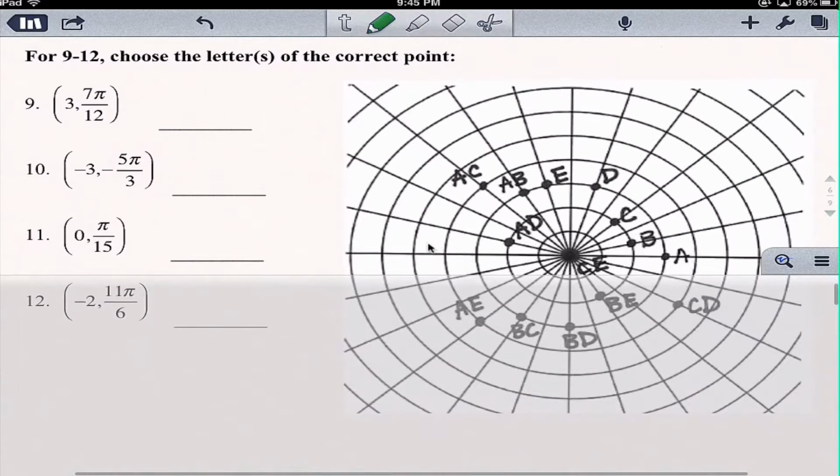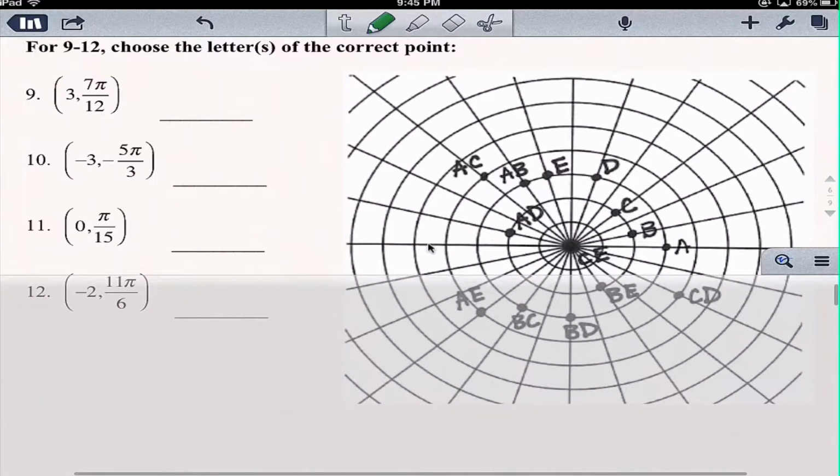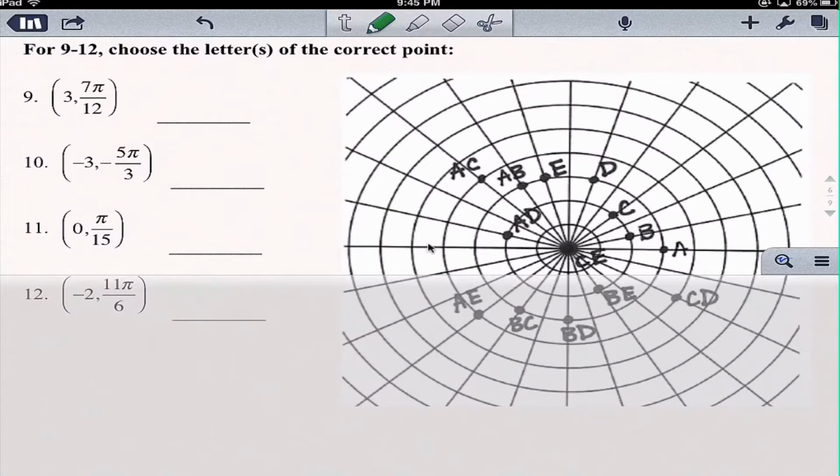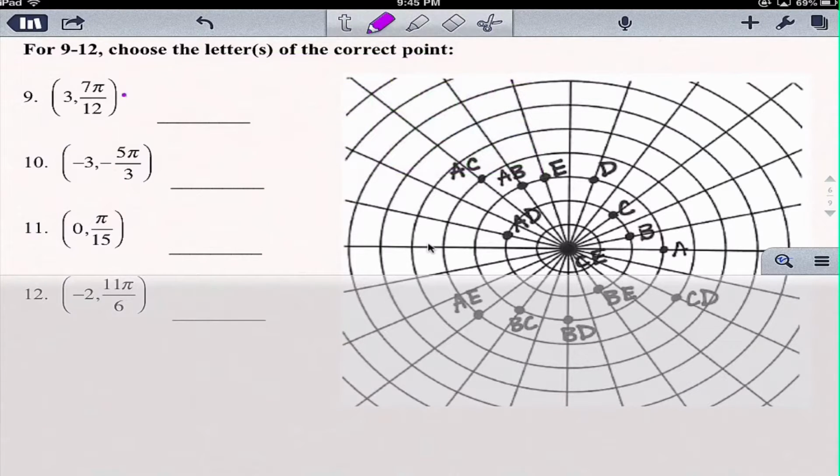So I'm choosing the letter of the correct point. So if I had something like 3, 7 pi over 12, I know a lot of you guys liked changing it into degrees. So remember to change something into degrees, I'd multiply by 180 over pi. So this would end up becoming, let's see, let